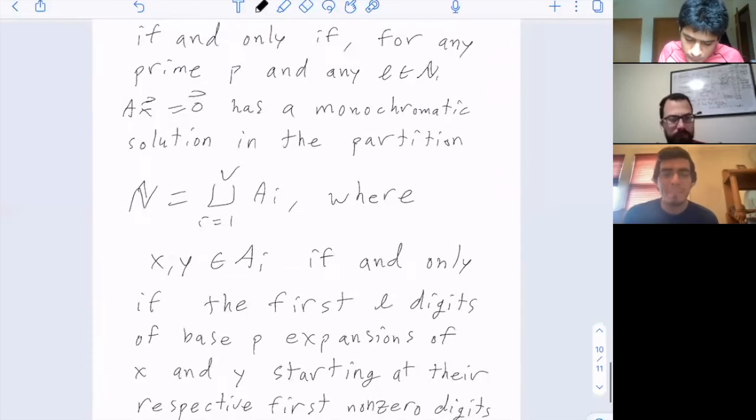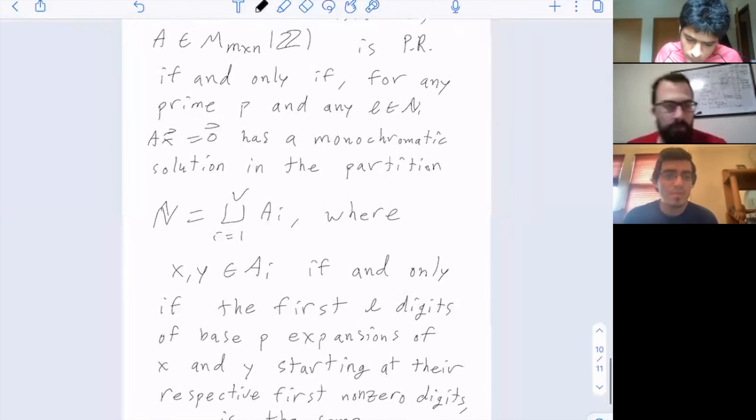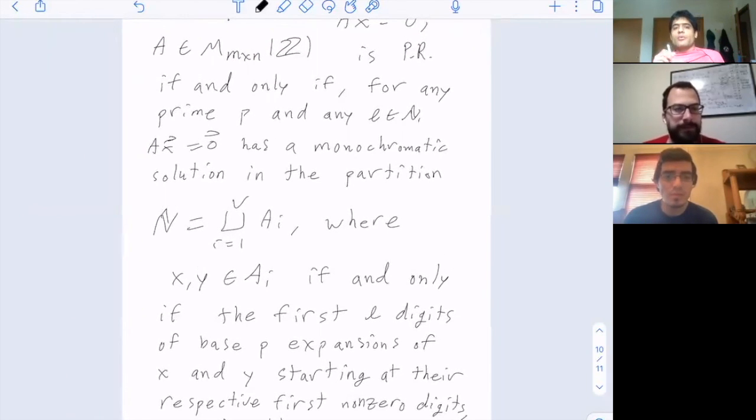So in order to know if a system of linear equations is partition regular, you only have to check countably many partitions. If the system is partition regular over these countably many partitions, then it simply is partition regular. There will be a solution for any partition. And this is fairly surprising because